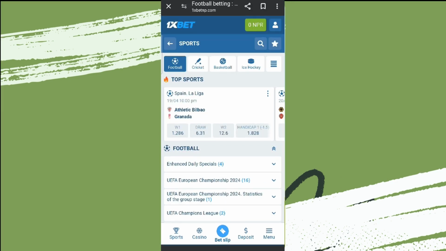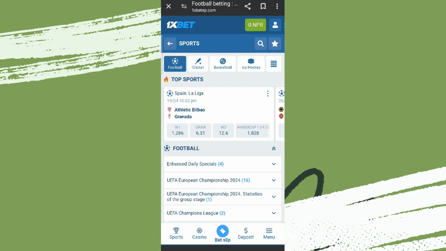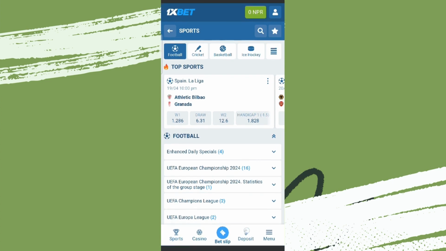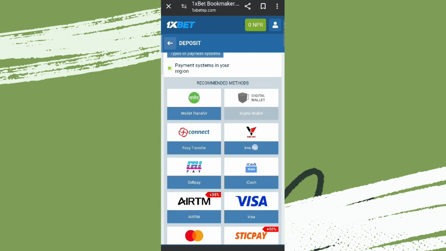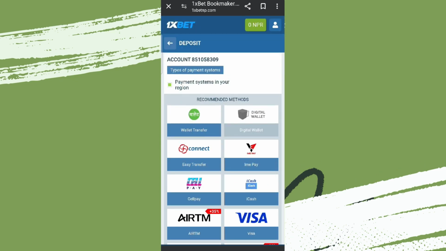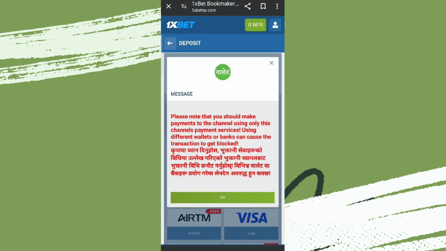Now we need to click on the menu icon over here in the bottom right, or you can simply click on deposit as well. So let's tap on this, and here we can see various deposit options, so you can choose any of the methods. So let's go for this one